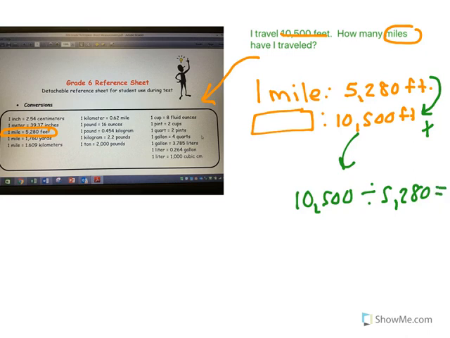And I find out, I get this crazy Energizer Bunny, which is 1.9886364. All right, so that means I have to multiply the 5,280 by that number. I'm going to keep that number in my calculator and just plug in times 5,280. And let me just see here. And when I do it, I actually get